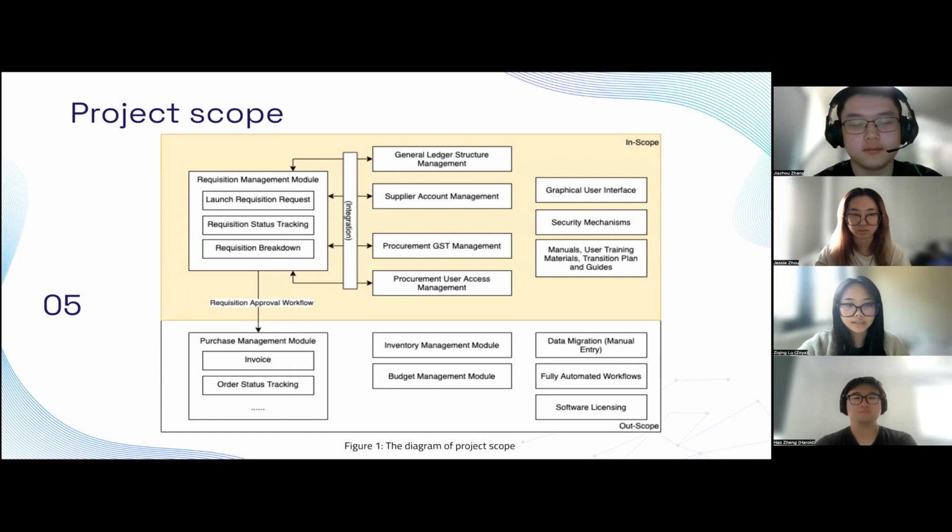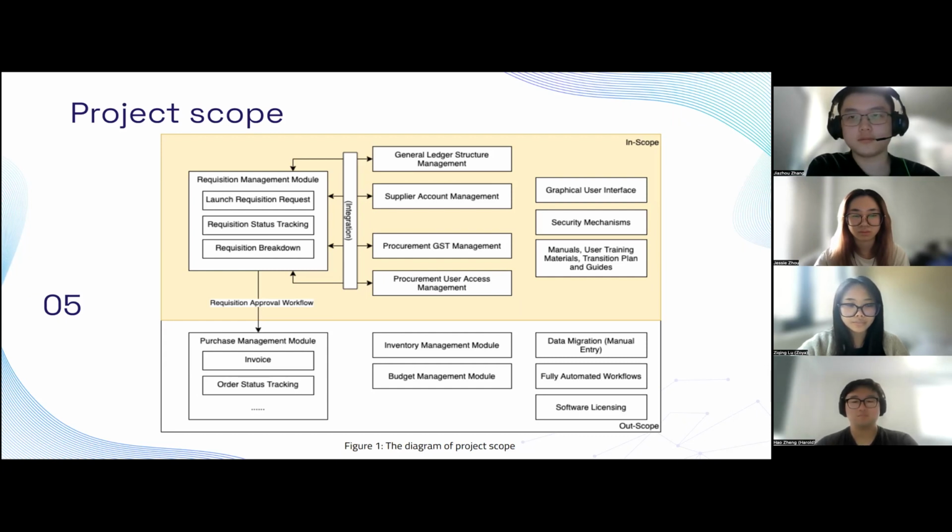We also take on designing and implementing a centralized and cloud-based requisition management module with essential workflow in our scope, including requisition approval tracking, monitoring, requisition breakdown, and requisition to